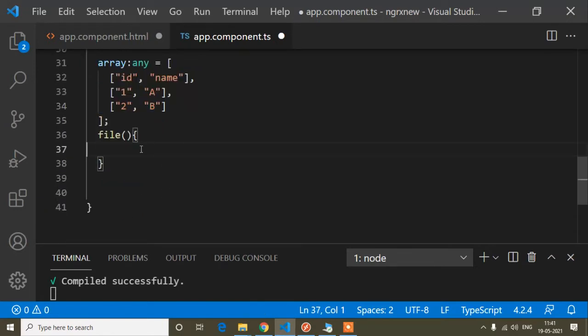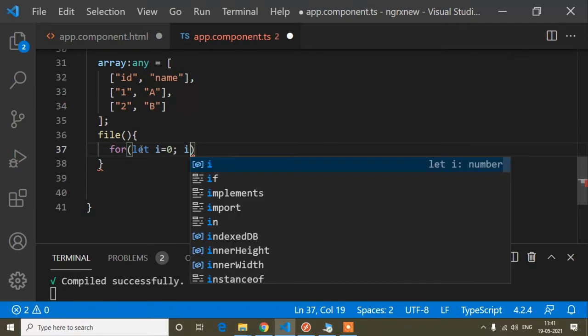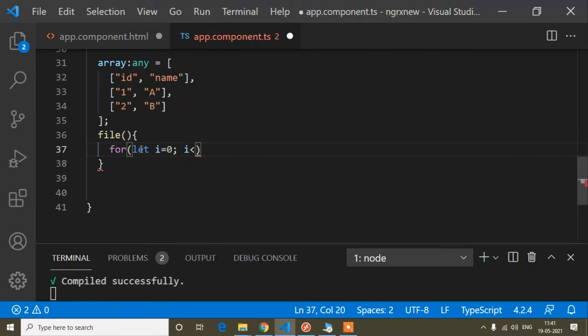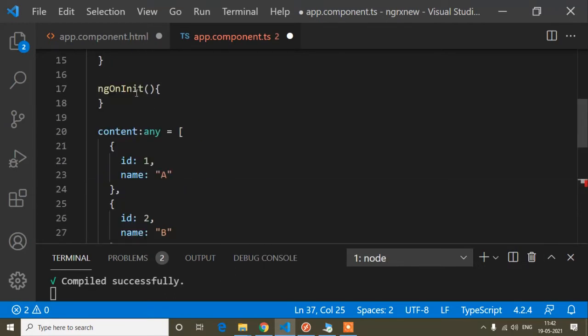So guys, first of all we have to write a for loop. So for let i equals 0. I'm guessing you know the for loop, so that's why I'm not explaining the for loop more. So here I will write this dot content.